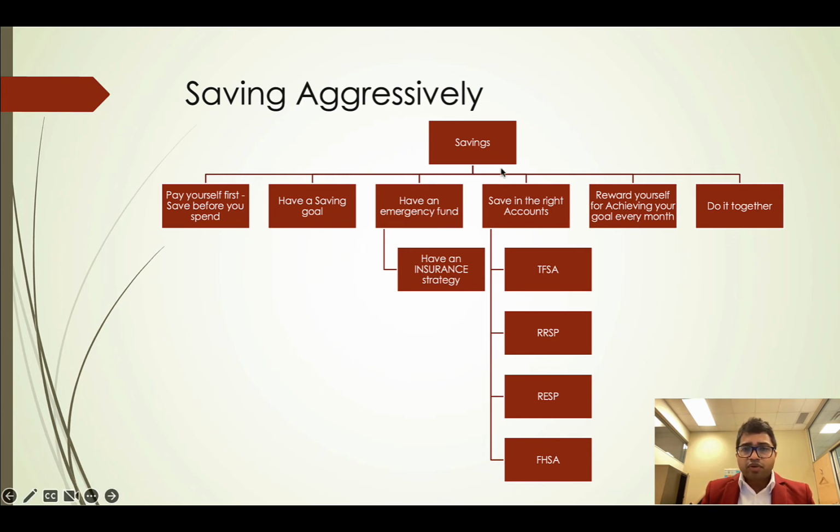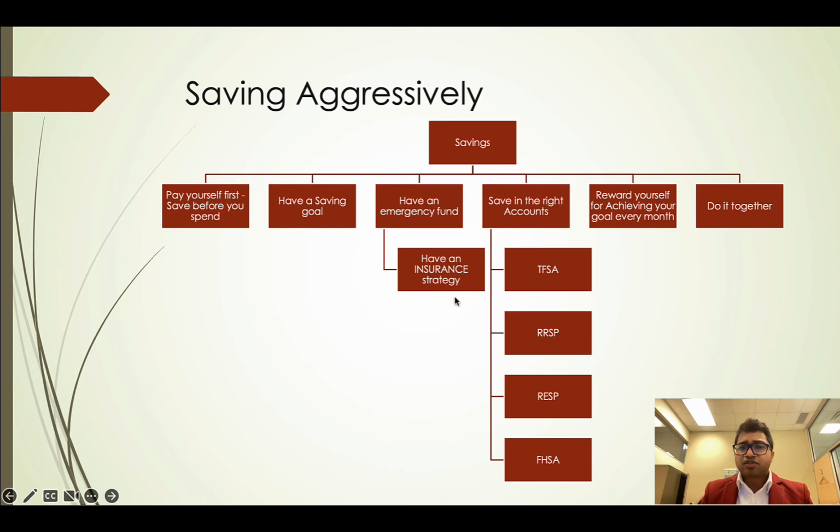Then before you start investing that money, always have an emergency fund. An emergency fund is like 6 to 7 months of expenses, in liquid cash. Always have that on hand, because you don't know what goes wrong. Your car might break down, your family might need some medical expenses. So all those things are very important to have before you start investing.